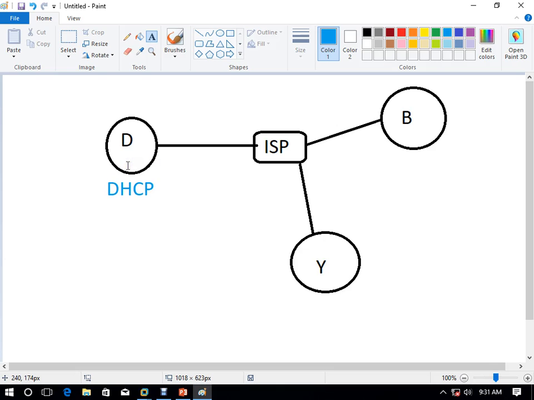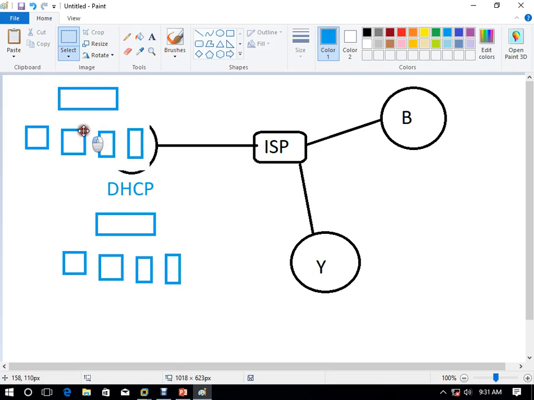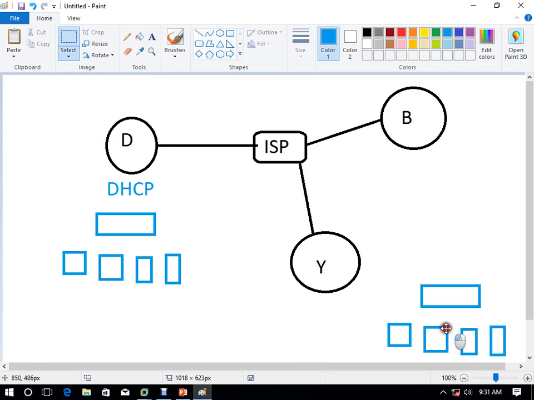Normally, what every company does is, each branch has its own DHCP server, and it has its own clients here, like this is a switch, and then they have their own computers and their own clients. They have their own DHCP servers like this. Even here also they have their own clients. If you check here also, they will have their own clients.